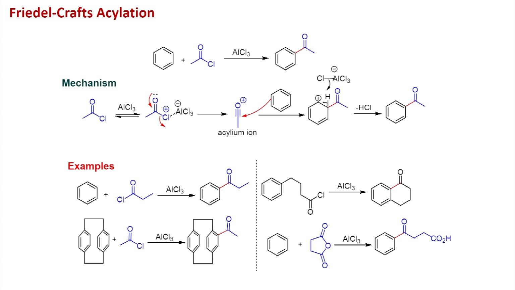As you can see here, the reaction of acetyl chloride with benzene in the presence of aluminum chloride is shown, and you can make acetyl benzene as shown here. This is a very common method we use for the acylation of aromatic systems. As we have seen just now,